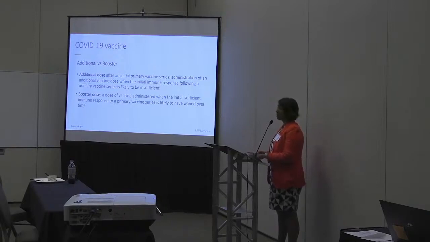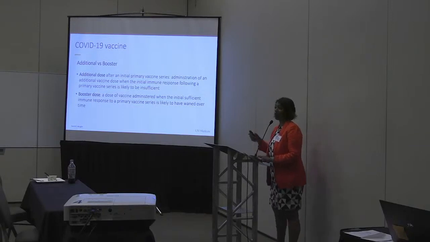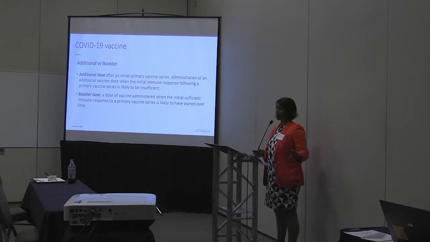And then they were eligible for 2 boosters early on, even before the 50 and over group were eligible for 2 boosters. And so the number of vaccines that patients who are immunocompromised might have gotten is actually quite high, because if you got transplanted in the meantime, then you kind of have to start over with your primary series. So even if they got fully vaccinated prior to their transplant, imagine with their conditioning and their chemo, their transplant, they probably wiped out all of that, so then they get to start over with their 3 doses.